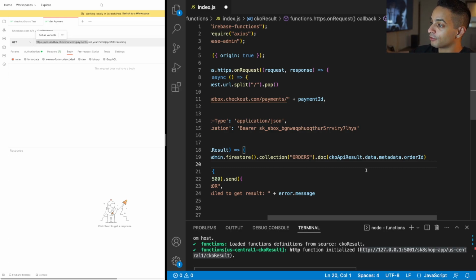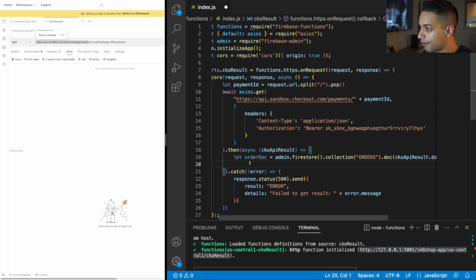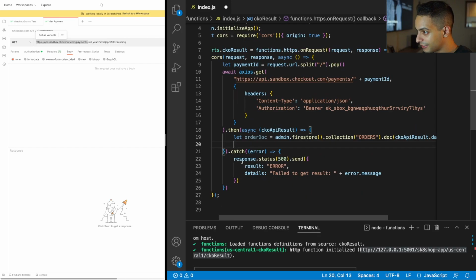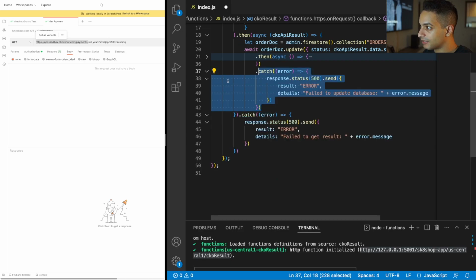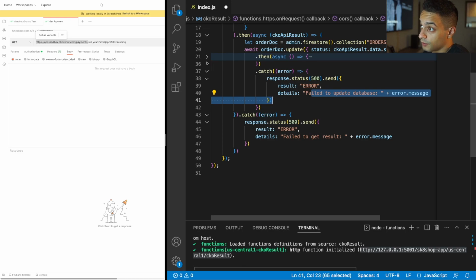This is how I can get the order ID back on checkout.com. Now I can update the order. I'll do that simply just like this. So what's happening here? First, if there's an error, I catch it again. I say fail to update the database. The transaction would have been successful, but the database error